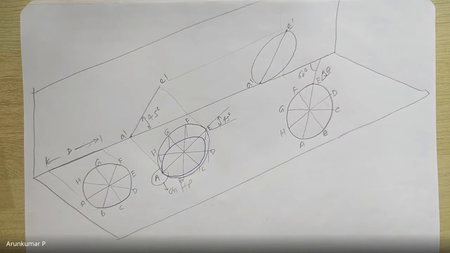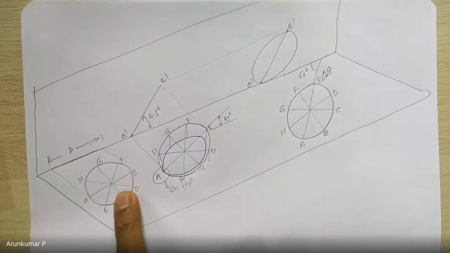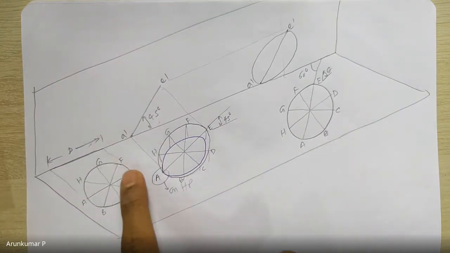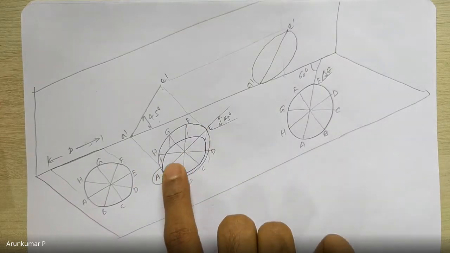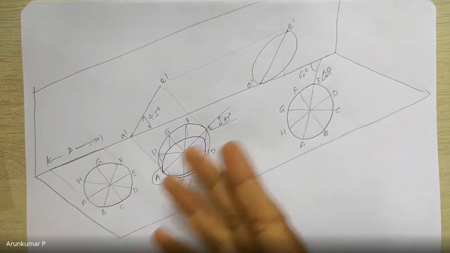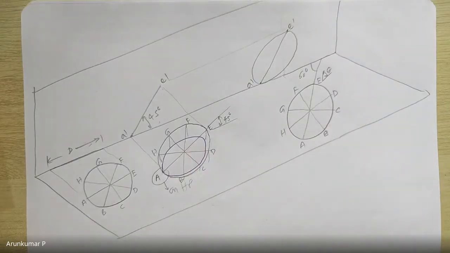But just like any other plane, this is how the circular lamina is resting on HP, and how you have to divide it into equal parts, and then how you have to incline it to HP, and what should rest on HP when it is inclined. Other things remain the same. So without delay, let us start with the 2D solution.